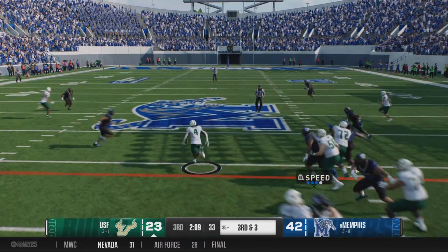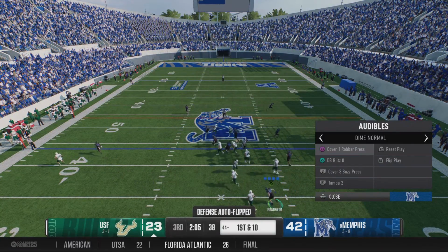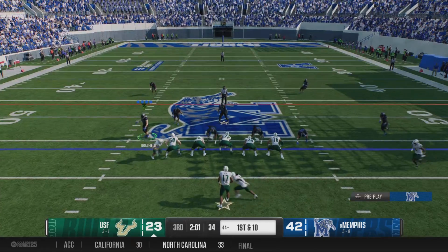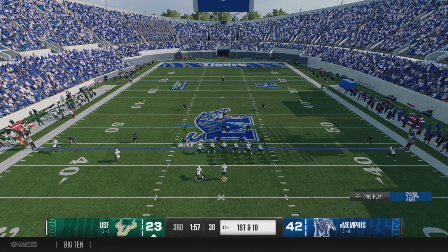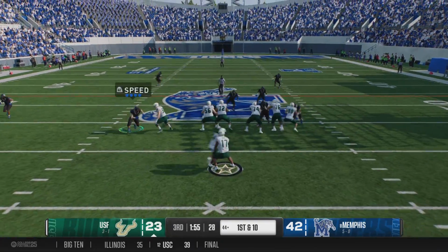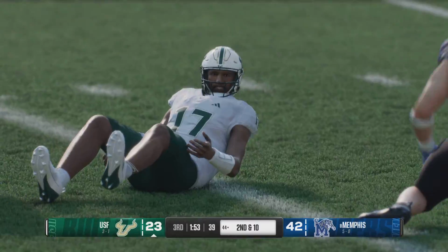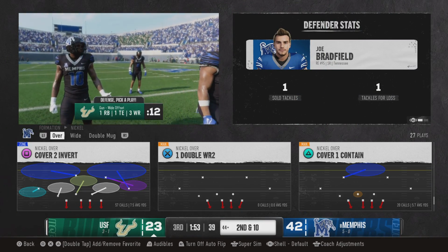From the gun, running back on the move. And they'll bring him down, but not before he picks up the first down. The Bulls in the hurry up. Off the play fake on first down. The throw. Can't find his man as he took a shot trying to deliver that football, and it'll be 2nd